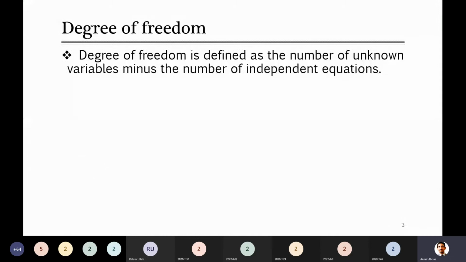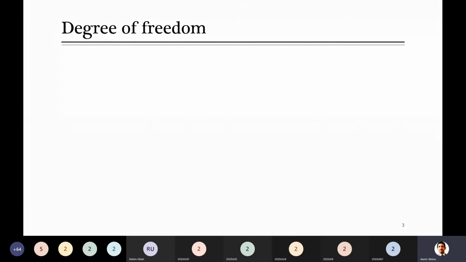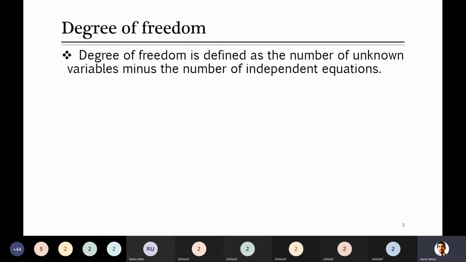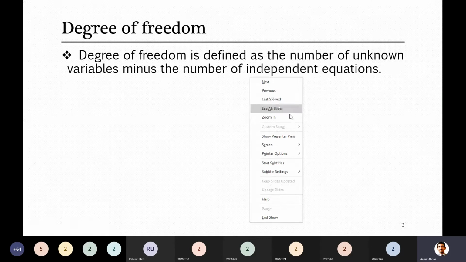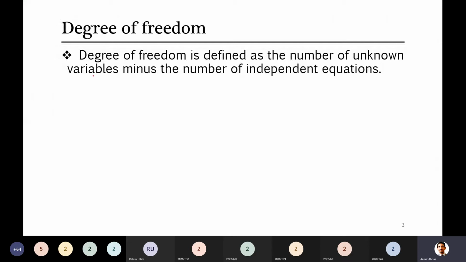If I quickly go back to the last lecture, we saw that there were 6 steps in which you define the number of unknowns. Number of unknowns are all those parameters which you need to calculate, and then there was a 7th step which involved the number of independent equations. If we just take the difference, that is called degree of freedom. So degree of freedom is defined as the number of unknowns minus the number of independent equations. This is called degree of freedom.